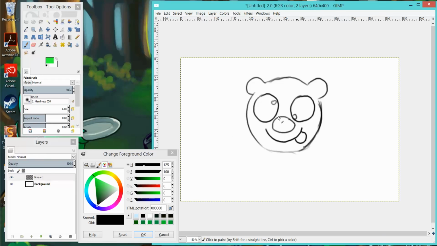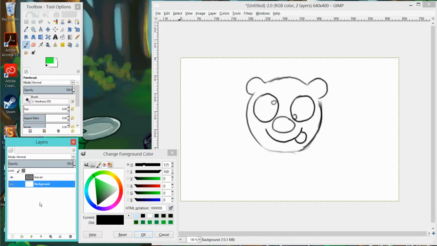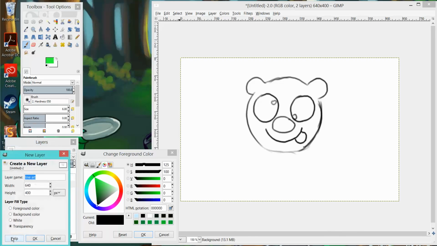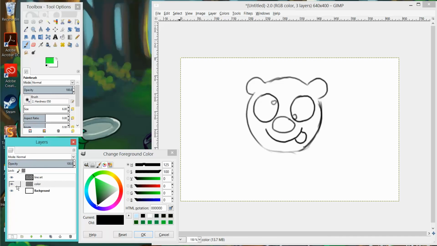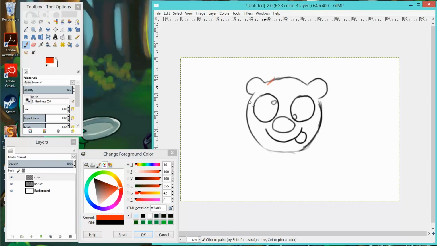Okay, and let's say this is my line art, and I don't even want to paint on my background layer. So what I'm going to do is click on the background layer, and then click on this icon again, the new layer icon, and then I'm going to name it color. Okay. And then I want to make sure that it's below the line art. Otherwise, if I put the color on top, then I'm going to be coloring on top. And I want the lines to show up